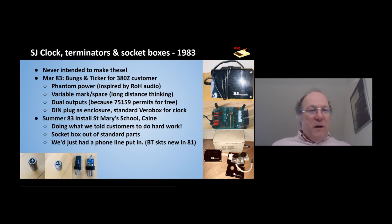So that's clocks and terminators. Socket boxes we hadn't done at that point. We just said, well, you take a DIN socket and you put it on a faceplate and you solder to the back of it. That's what you do. That's what we told the customers. But